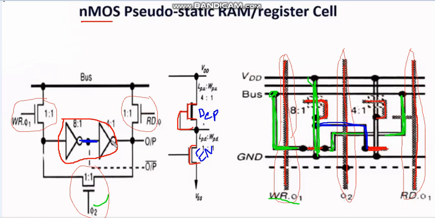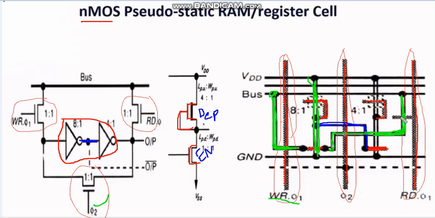Okay, so the next connection goes here. The output of this one has been connected to one part of the pass transistor, the read pass transistor. Where is the output of this one? This is the output, right? This point is a diffusion, so we have to take a green here. So here goes the output point. There is no contact point here, nothing but there is no connection between the metal and the diffusion. Then the output of this one we are giving to the input, across this point here.